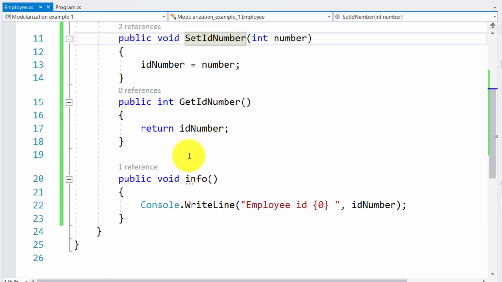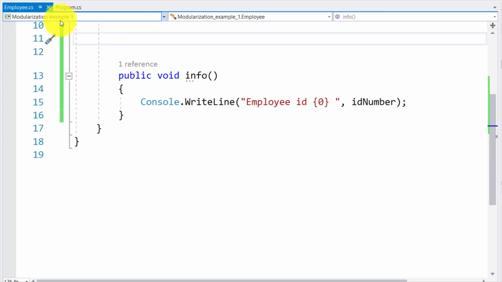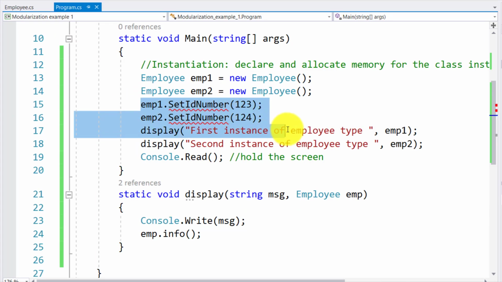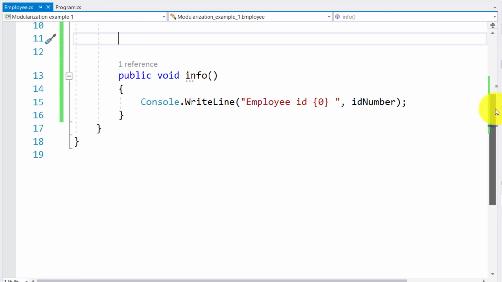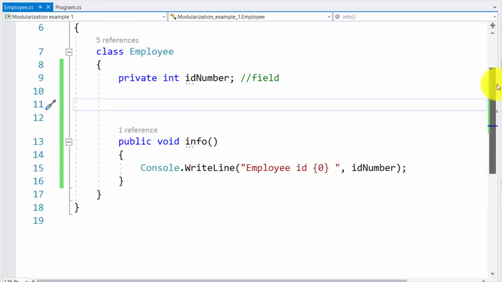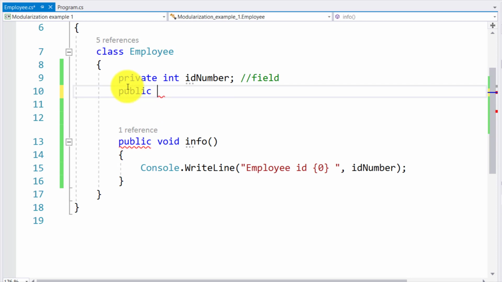So we are now back in the employee.cs, and we will simply get rid of the setter and the getter calls. Again, doing this is going to cause some errors here. So we're going to get rid of these lines that we had before. Now we are going to tackle this problem with a property so that you learn how to declare a property. So right after the field, I will declare a public property, so it's accessible. The property, this is the type, ID number,